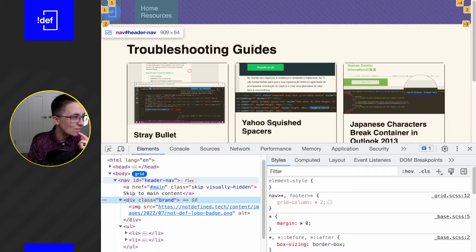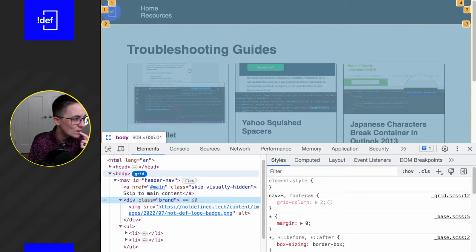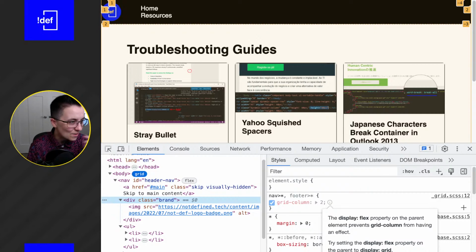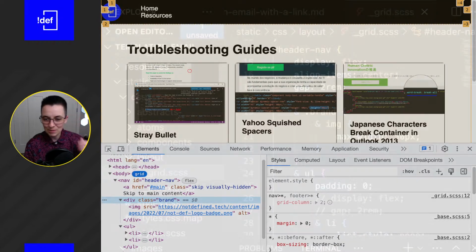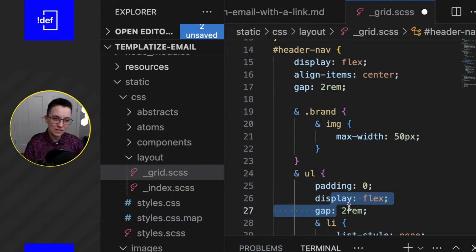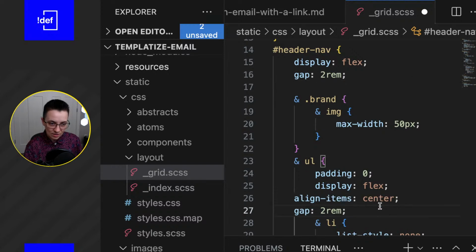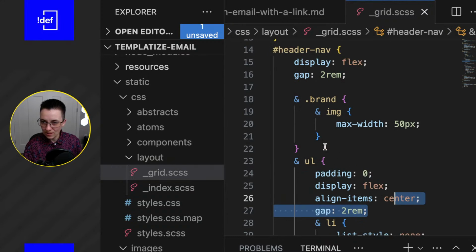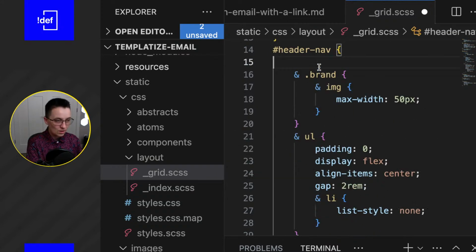Okay, so I was thinking for some reason, I thought the grid, did we invalidate this? Oh, let's see. That's right. We just invalidated our grid layout. So that's not going to work. So I'm going to go back here. Yeah, we're not going to do that. Let's bring this back. Same with the align item center. Back onto the UL, and then I think we're just going to have to do